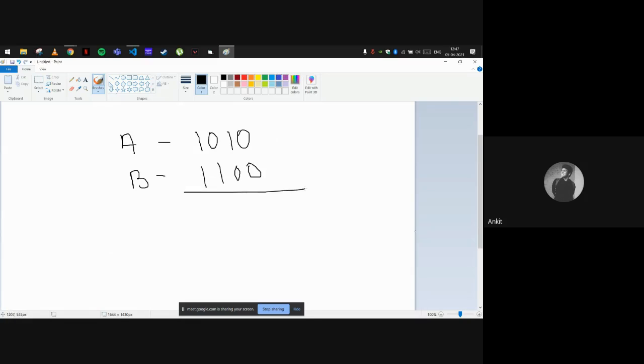So this example acts as a truth table for selective set.